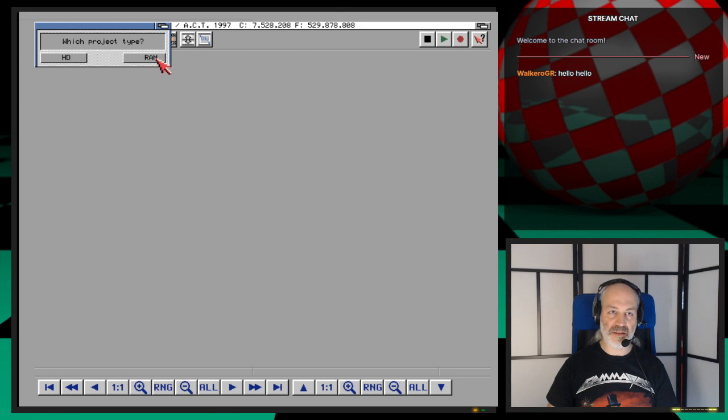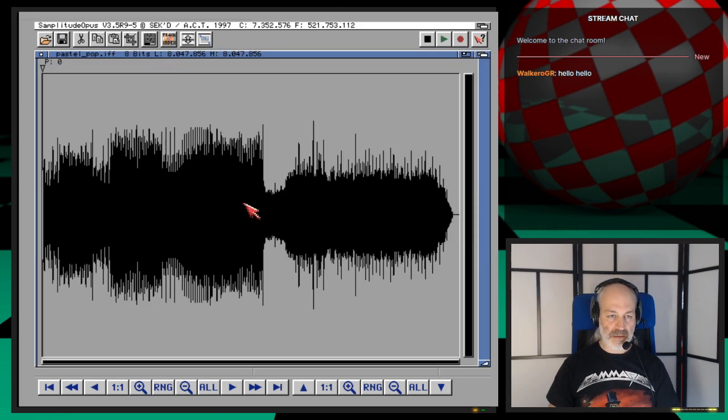Pastel pop, pastel pop. I don't know. Okay, so we know how to play and pause. In this program, it's space and shift space. Okay, you can of course use